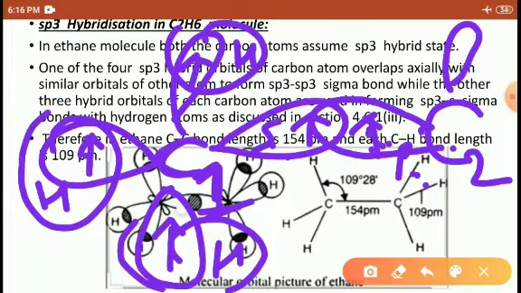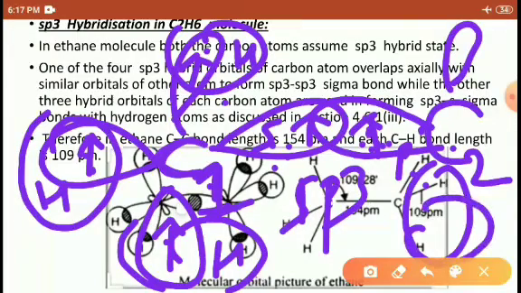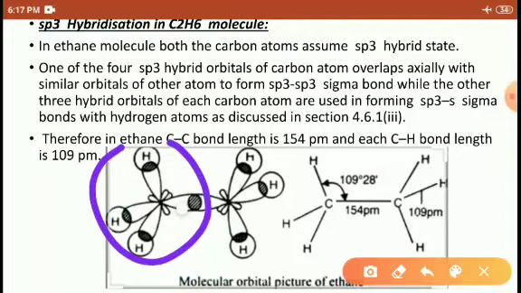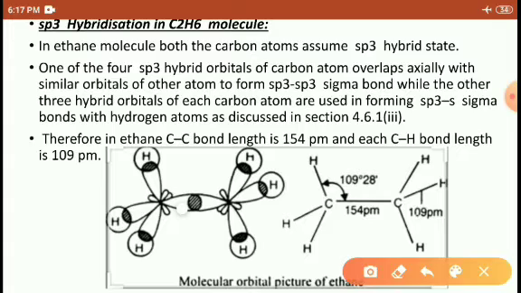So here, in the carbon, the s orbital is hybridized, and the p orbitals are also hybridized: Px, Py, and Pz are all hybridized. So how many? P3. On one carbon, all the empty orbitals are hybridized. So it is called sp3 hybridization for the first carbon, and the second carbon also has sp3 hybridization, like the first carbon. If you understand the first carbon, the second carbon is similar. Both are sp3 hybridizations, right students?